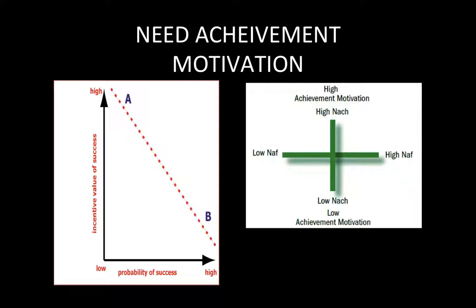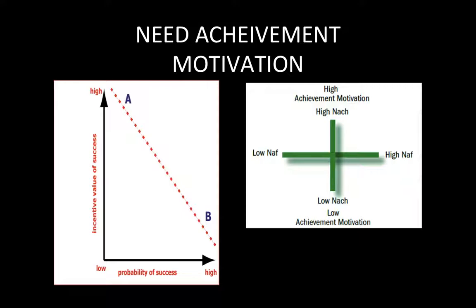The other situational factor is the incentive value of success. This is how good the success would be if someone did manage to succeed. As John isn't likely to succeed against people in his PE class, then if he does succeed, it will feel like more of an achievement because he wasn't expected to win, so this success will have more value.